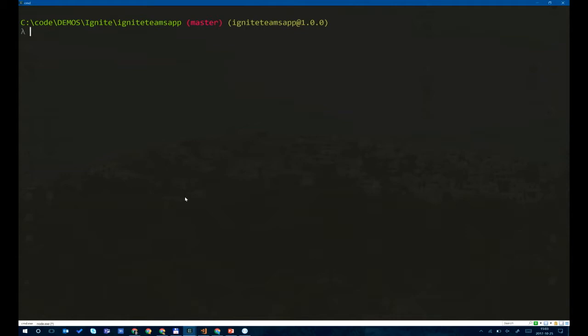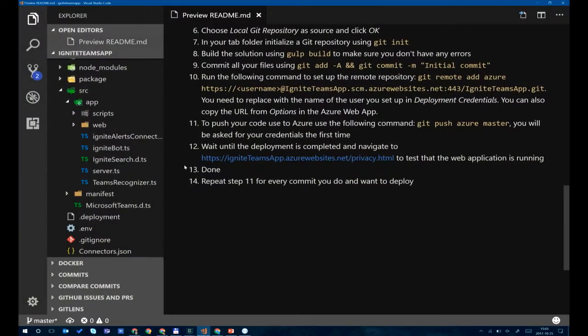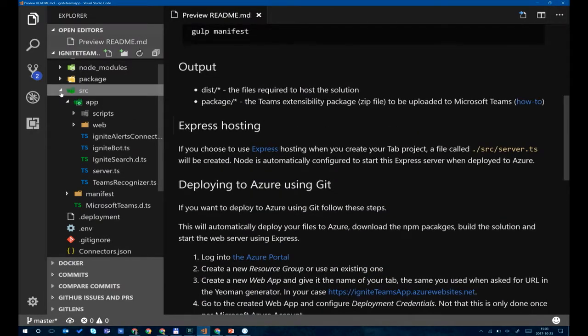It's a demo I built for Ignite. The idea is to show information about sessions at Ignite. Unfortunately, TechDays did not have that good API that I could use to get the sessions out, so I'm still using the Ignite demo here. I have opened this solution in Visual Studio Code, and what will happen when we scaffold out this project, let's do it like this,